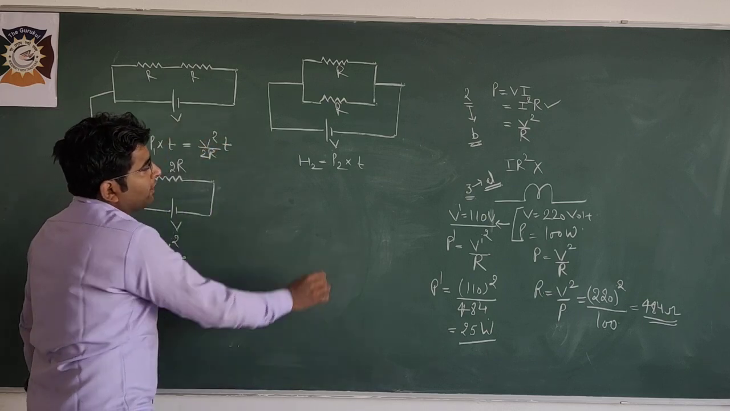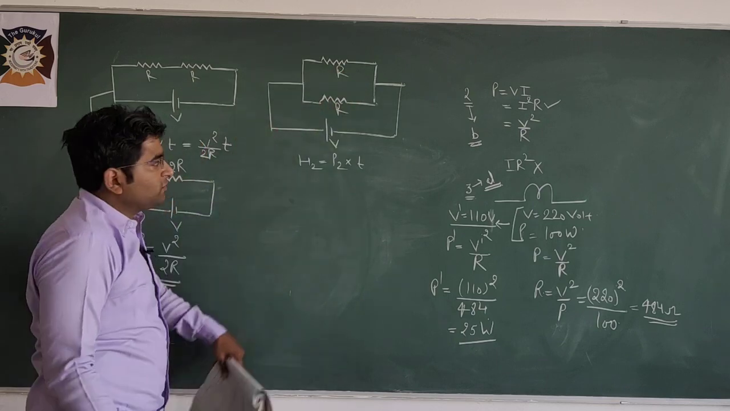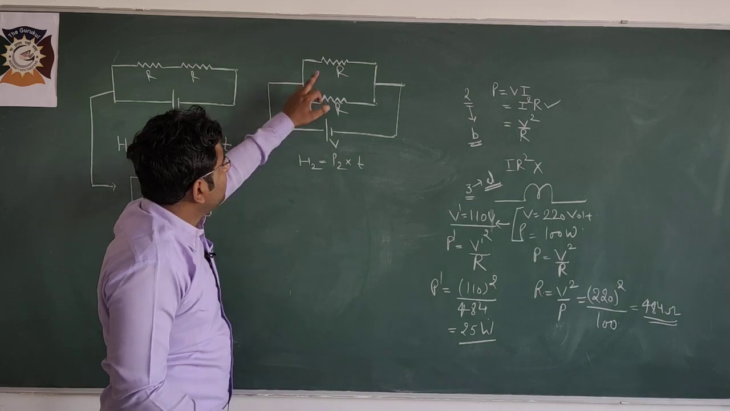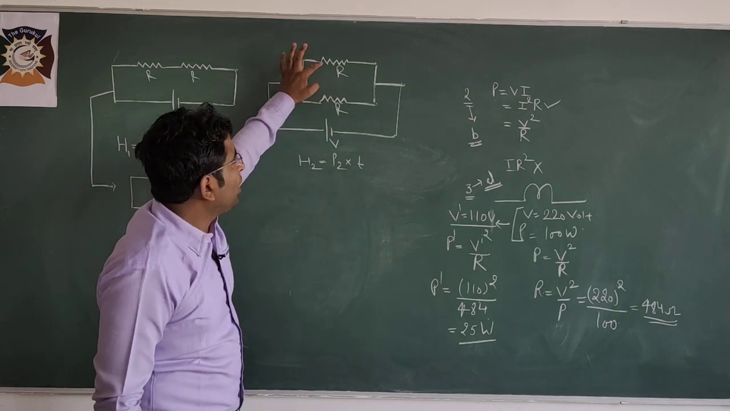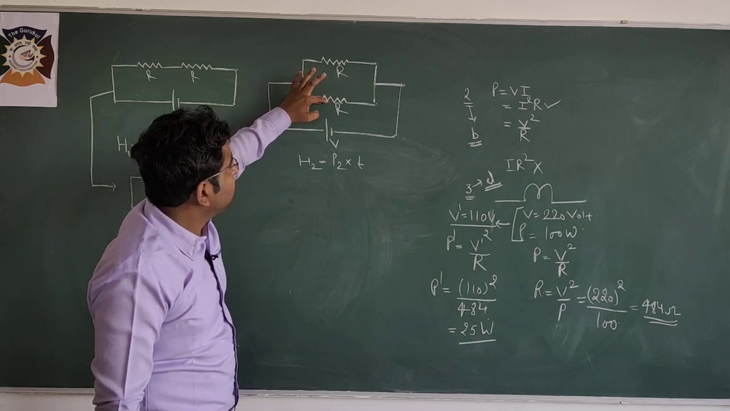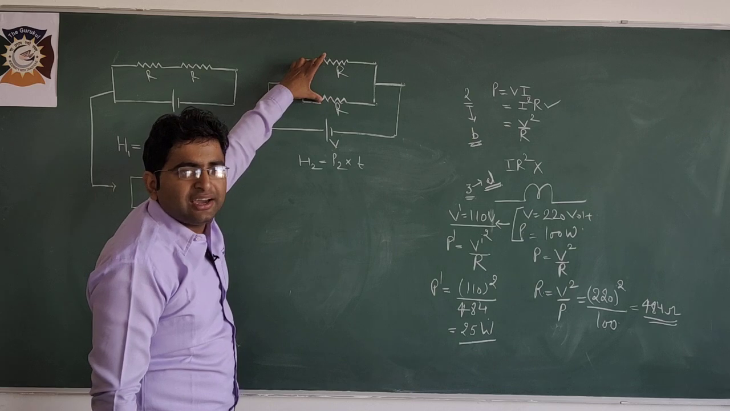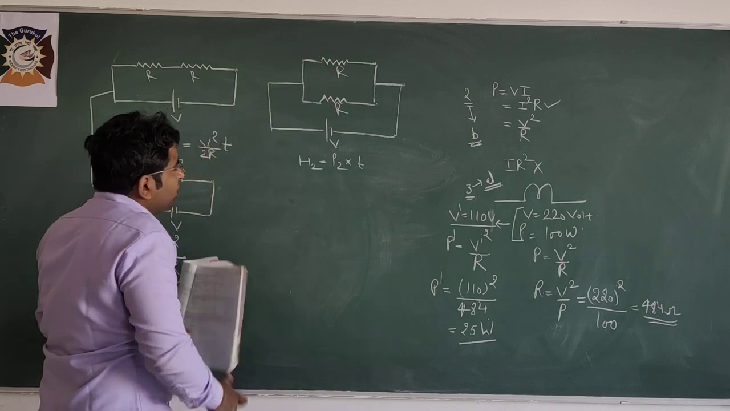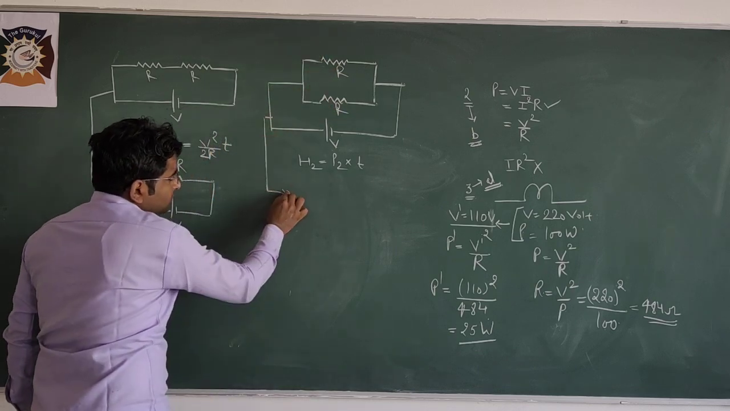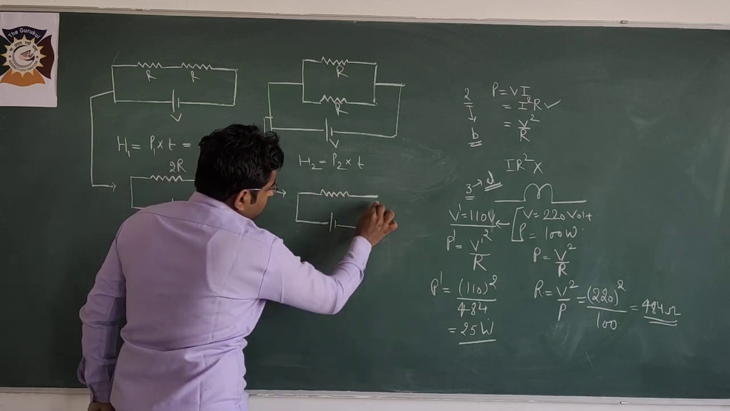Now R and R connected across V, the resultant of these is equal to R by 2, because here it comes, here it comes. By applying the parallel combination formula, you will get the resultant as R by 2. So we can draw it as R by 2